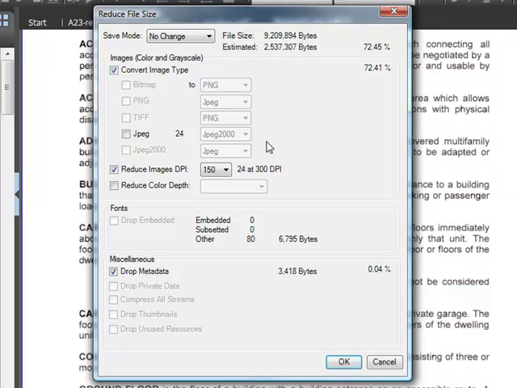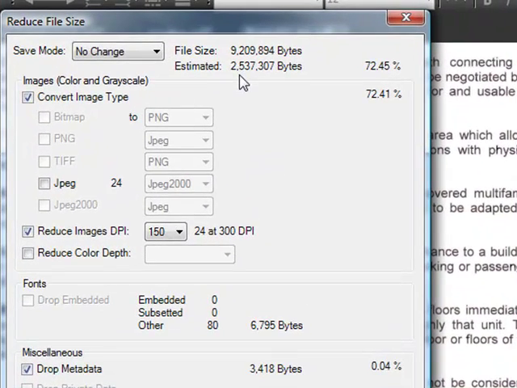Now this dialog is broken up into three main sections: images, fonts, and miscellaneous data. The idea is that by setting different options here, different reductions in file size will occur. In addition to the file size reduction, you'll see that there's a total percentage here. Also, in these different areas, there's a preview that shows you the composition of each individual adjustment, how it will affect the overall reduction. So in this example, you see that the majority of the reduction in file size is coming from adjusting the